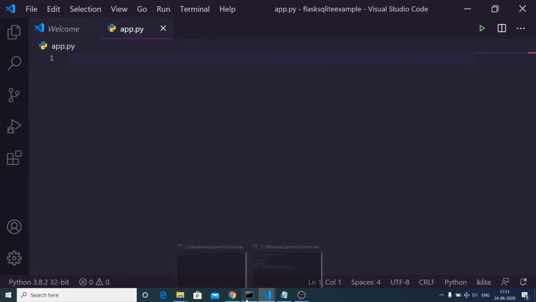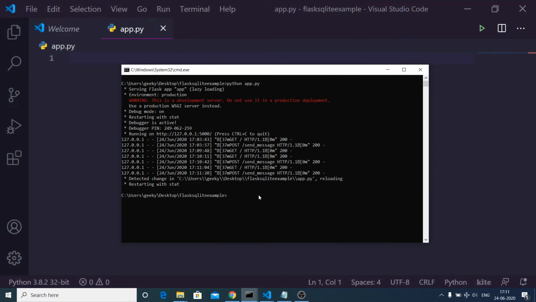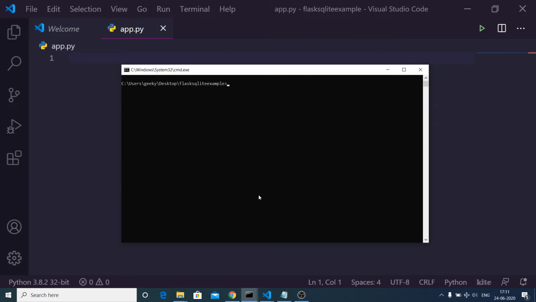As I already told you, I am using a library which is Flask-Mail. First of all, you need to install Flask. This is a Python framework. Just execute this command: pip install Flask. I have already installed it. And the next library is flask underscore mail. This is the email sending library of the Flask framework. Just install this. I have already installed it, so I will not install it once again.